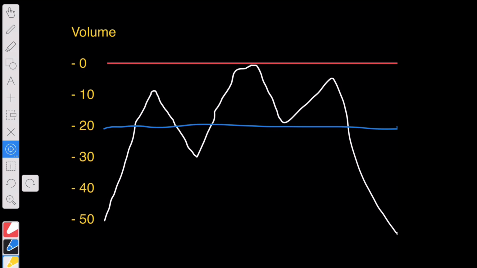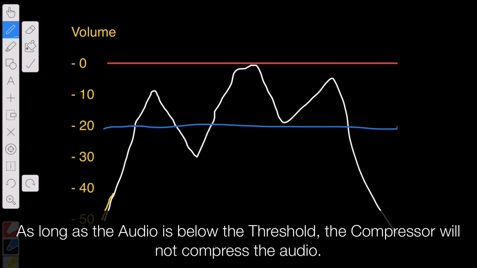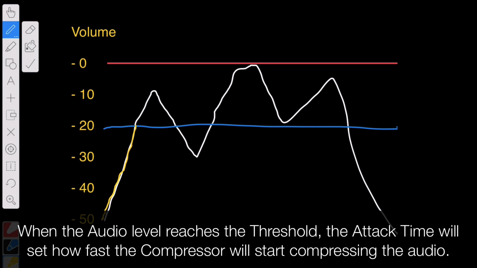Alright, now let me show you visually what happens to the audio waveform after you have applied compression. I will draw a yellow line to show how the audio waveform will look after the compression has been applied. Below the threshold level, it will be exactly the same. As it reaches -20 decibel, the attack time comes into play. So if we have, for example, 50 milliseconds of attack time, the compressor will do nothing for 50 milliseconds. Let's say that's here. After 50 milliseconds, the 2:1 ratio of compression will be applied, which means that this peak